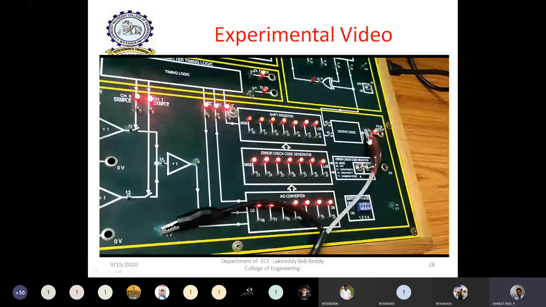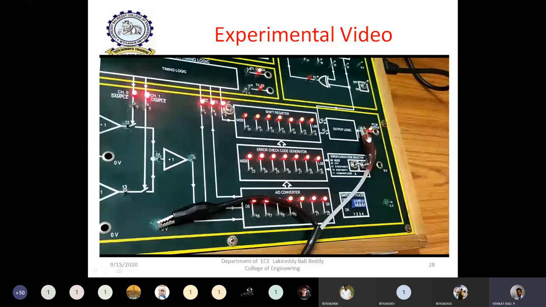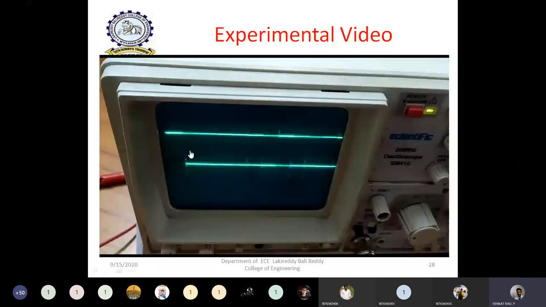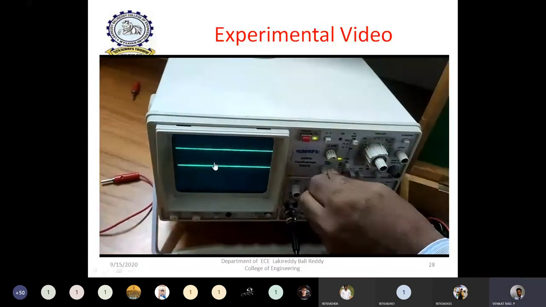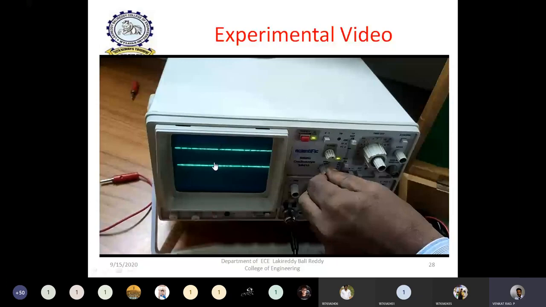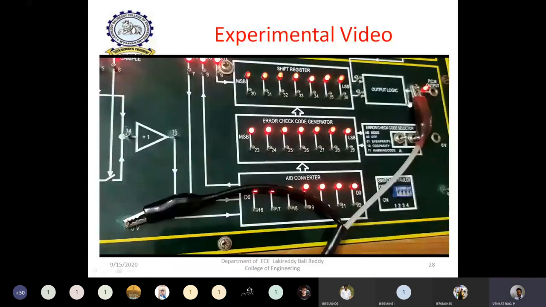If you want to draw the pulse waveform for those 7000 bits, it will be obtained like this. It is a random representation of ones and zeros, having high and low pulses. We cannot clearly observe how many ones there are, how many zeros there are, where the high pulse is, and where the low pulse is. It is very difficult because a large number of bits are coming at the PCM output. So we are going to observe the encoded output only for one sample, only for one quantized value.